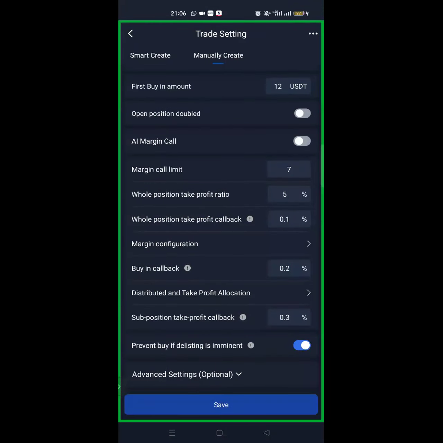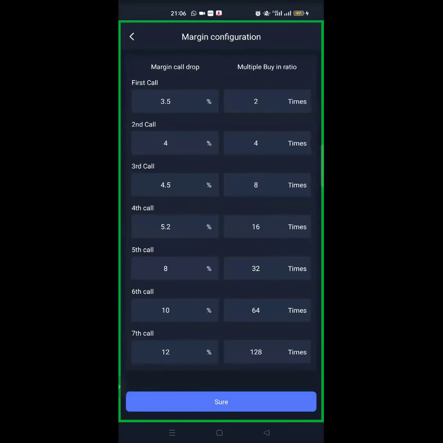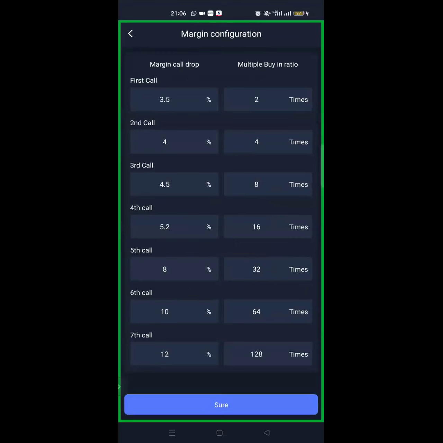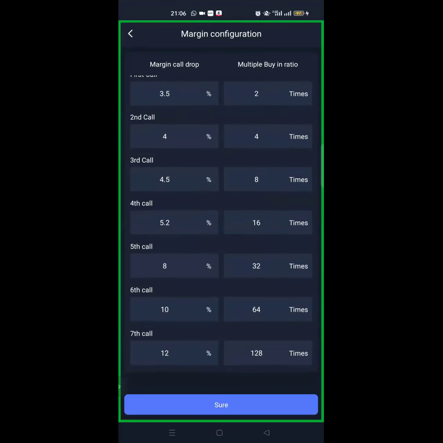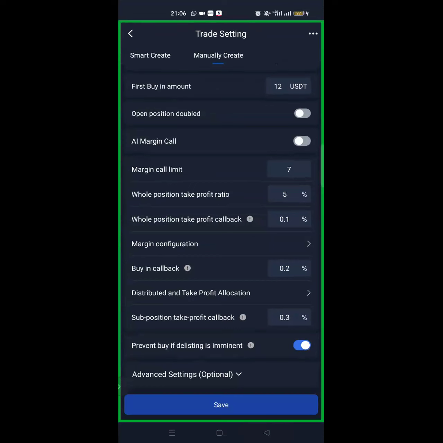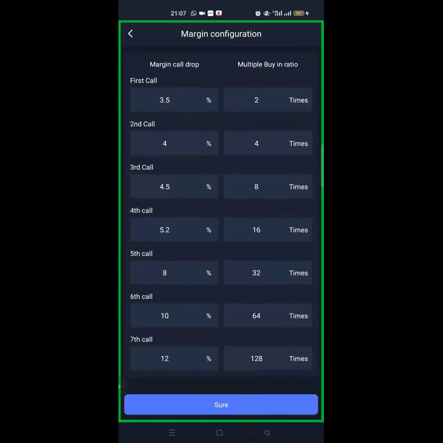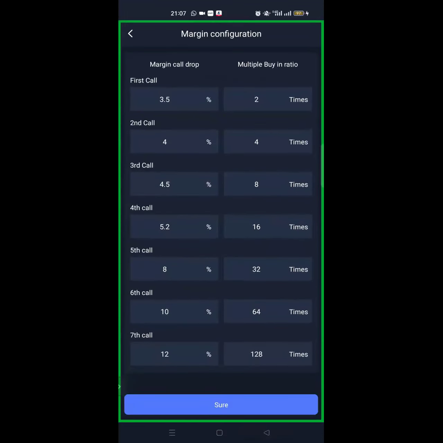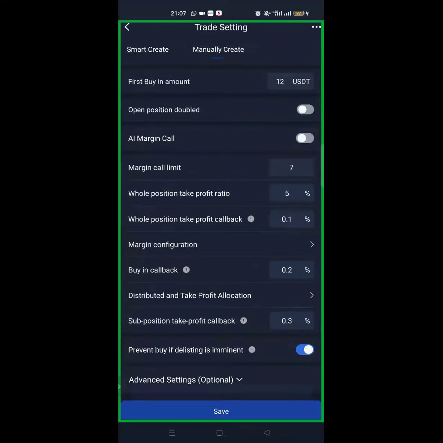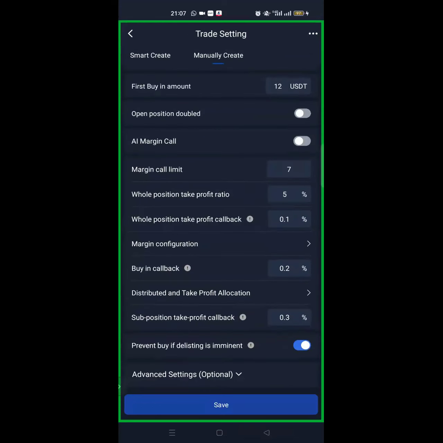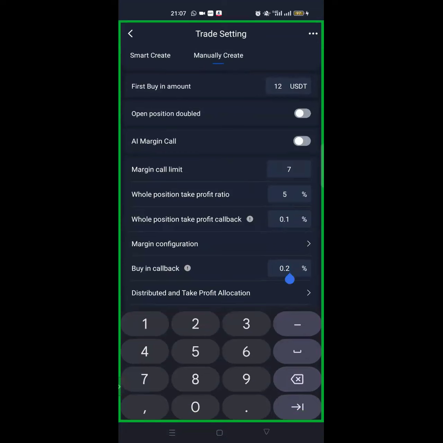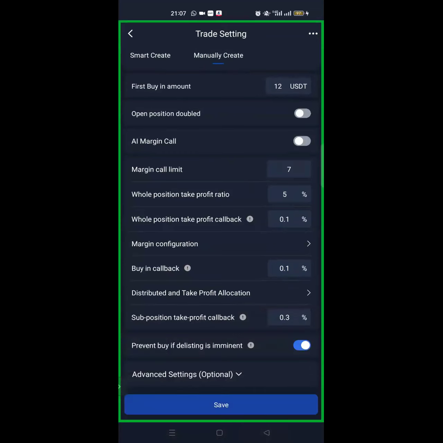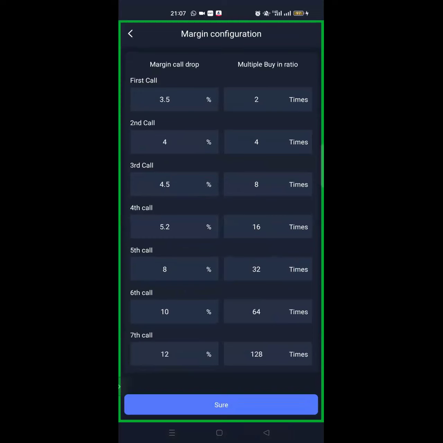Now, let's say your robot wants to buy the first margin. Now, this callback has to do with your margin buy, your margin configuration buys, this table. That's what this callback has to do. It has to do with your margin configuration buys. Now, I'm going to put it at 1 or 0.1. How this works is once your robot,